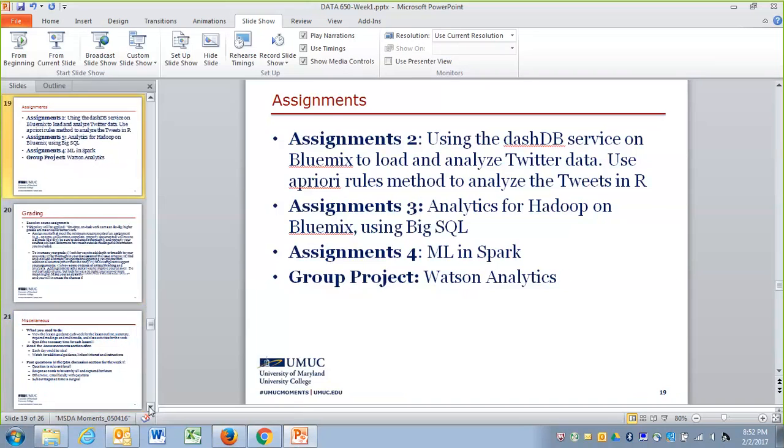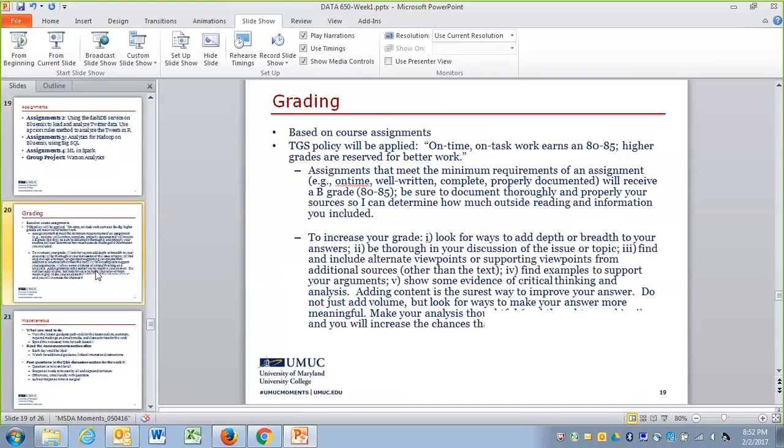The last thing I want to tell you, read again the syllabus, pay attention to the grading. If you do everything which is required, the grade is a B. In order to have an A, and this is in the whole graduate school, this is nothing specific to this course or this program. In order to get an A in graduate school, you have to go above and beyond the minimum requirement.